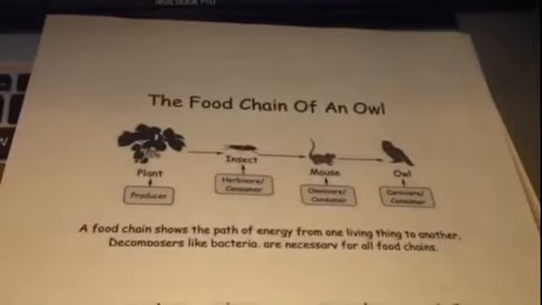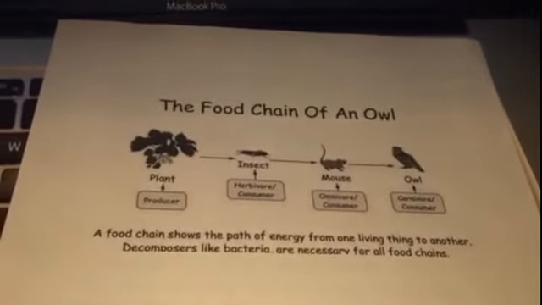Then, in the spaces you need to add arrows that point from the food to the eater. It's a very simple process. And then I'm going to show you two examples of the same food chain that you should base your project